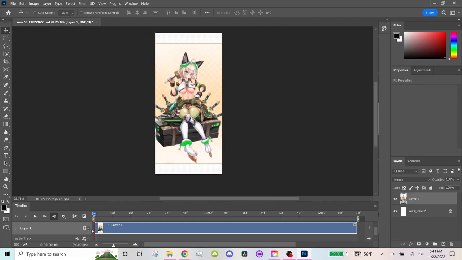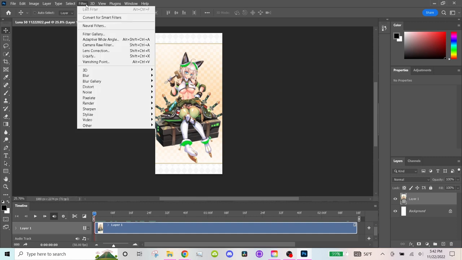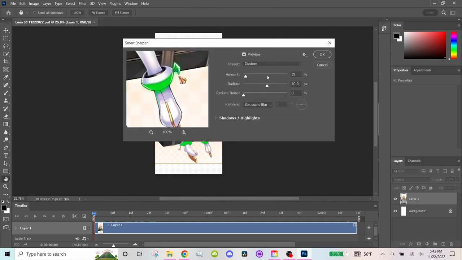And then obviously down here, we go. This is what I learned from someone on YouTube. They might find out who it is if they actually watch the video. We go to sharpen. We go to smart sharpen. These are the numbers pretty much. We got 25 here, 10 here, 0 here, and then change this to Gaussian blur, and then just hit OK